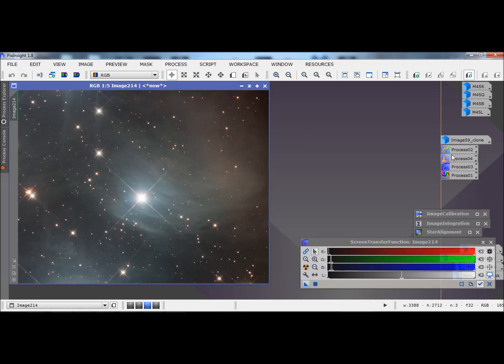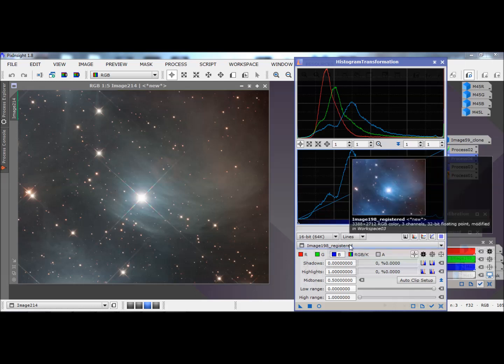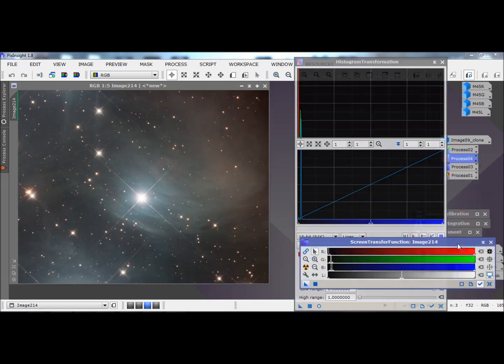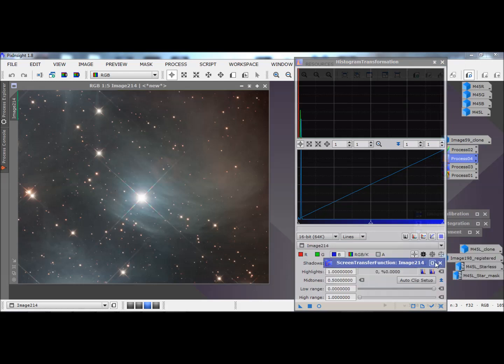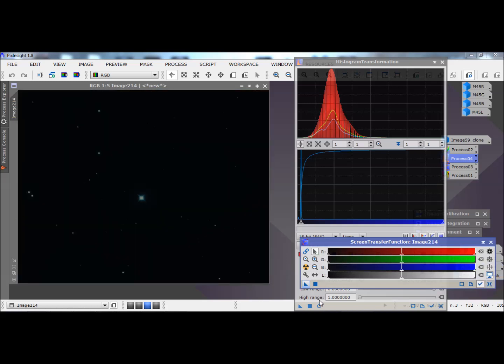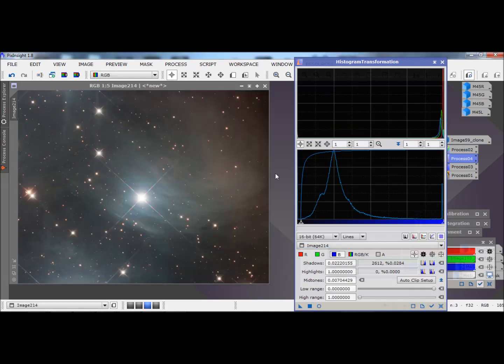So what we're going to do is open our histogram transformation, and this is image 214, and we like what the screen transfer function does. So let's go ahead and copy that. Let's drag it down onto here. We can reset that, but now apply the histogram transformation. Alright,